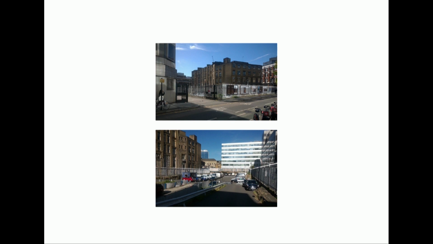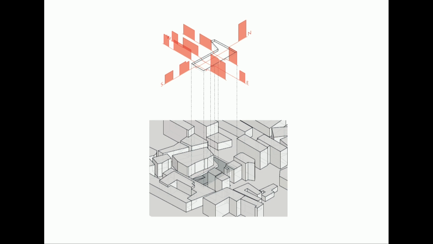Currently, the site is occupied by a car park that is 1 story below street level, which provides the cars with a very nice sunny environment. So this is what we have at the moment, a very constrained site. As you can see on the sections on the top, it gets very, very narrow on the east and west side, and a bit better on south and north. To design a sustainable building in such an environment requires us to analyze the actual site precisely to see what the constraints and the potential are that we can use.